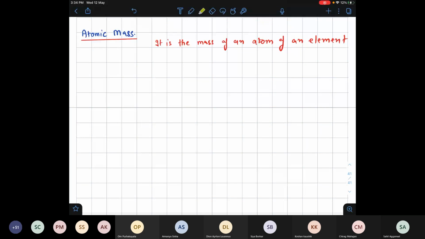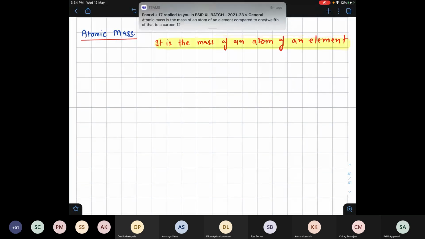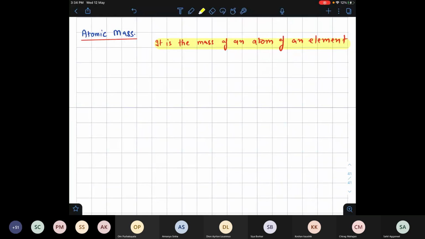It is the mass of an atom of an element. Very simple definition. मास ऑफ एन एटम ऑफ एन एलिमेंट, एक एलिमेंट के एक एटम का मास एटॉमिक मास कहलाता है। पूर्वी, Samara and Chirag, we will go to that also and we will derive as well, वो सब हम करेंगे। अभी मैं आपको easiest definition बता रहा हूँ।